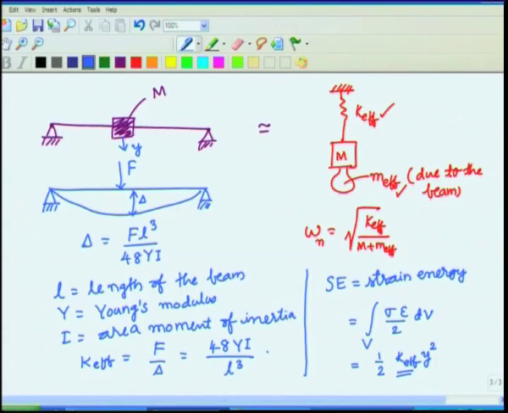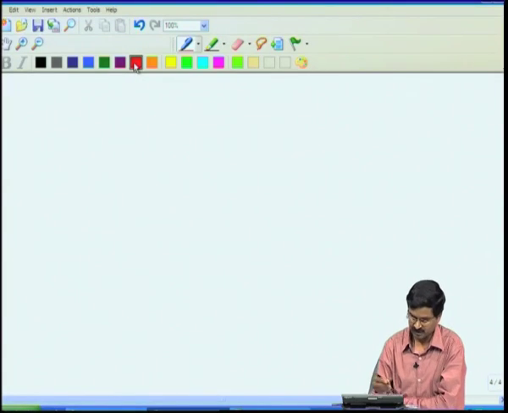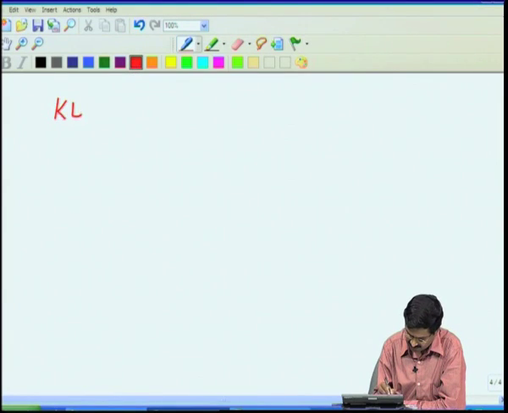Okay. So, if I know that y, half m effective y dot square should be equal to kinetic energy of the whole system. So, whatever we have done now for the strain energy, let us do this for the kinetic energy also. So, the kinetic energy, which we denote by KE,